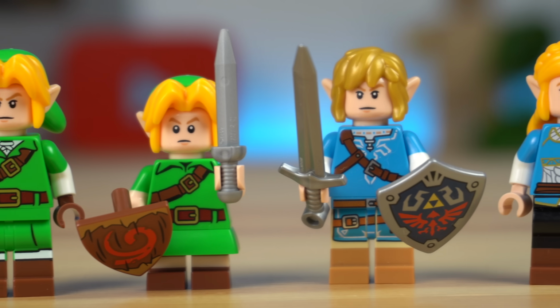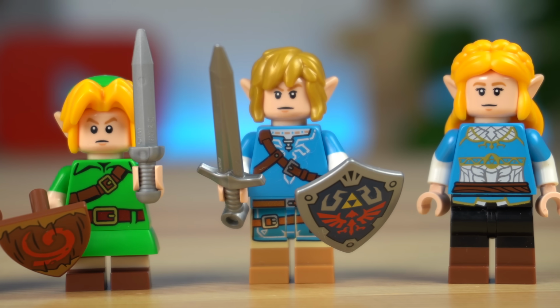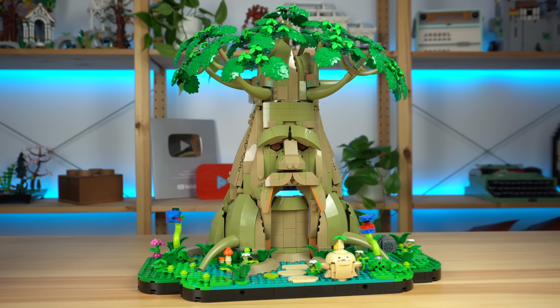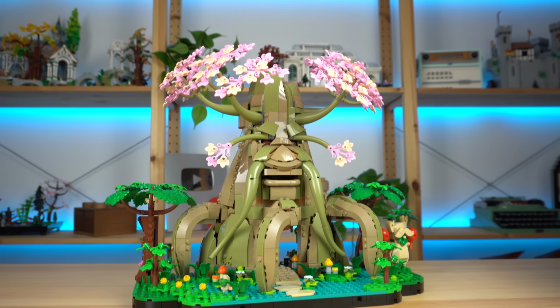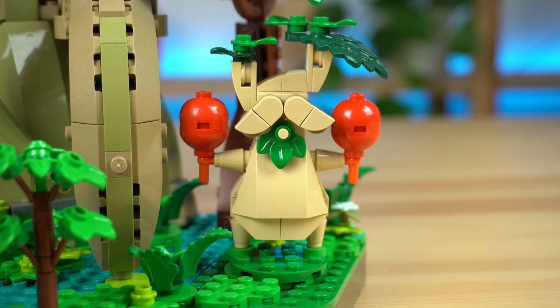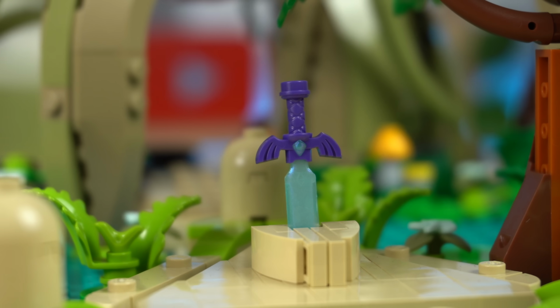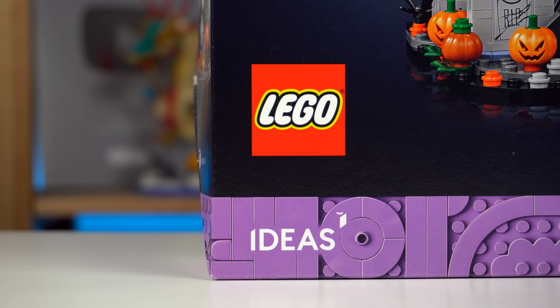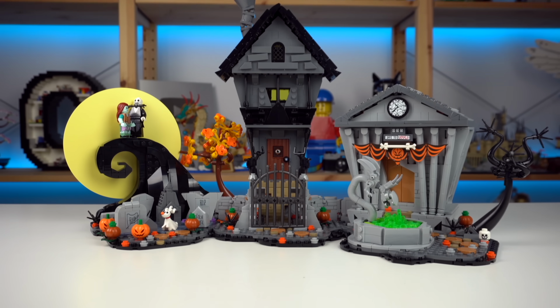And for the model itself, having the option of building either of the 2 Deku Tree versions is also great value, with one of them feeling way more nostalgic than the other, of course. There's lots of Easter eggs referencing in-game objects and characters people will immediately recognize, so all in all, it rightfully deserves a nomination here. Last but not least, the LEGO Ideas Nightmare Before Christmas set is also a strong nostalgia contender,